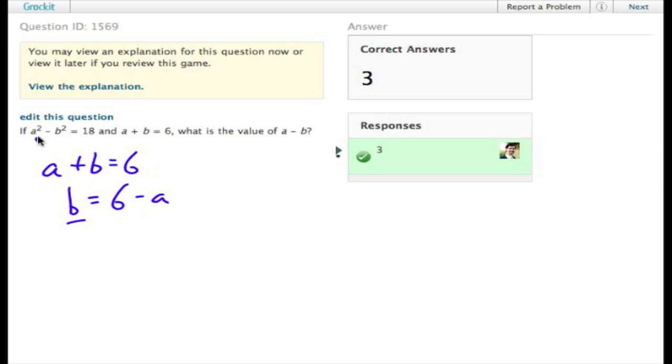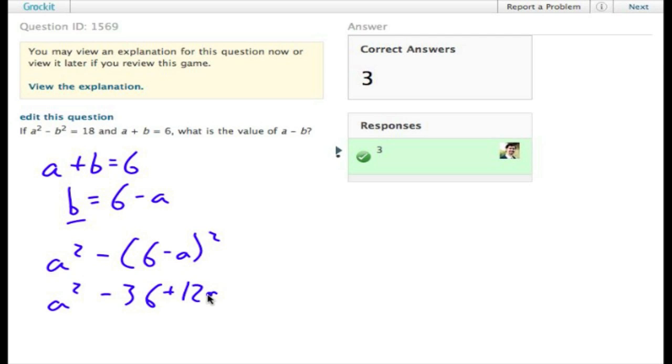Now we plug b into this value here. So we plug in 6 minus a for this value b here. So it turns into a squared minus (6 minus a) squared. Now we square this out, and that's a squared minus 36 plus 12a minus a squared. This is all equal to 18, of course. Now these two a squared terms cancel out because that's negative a squared and that's positive a squared. So it's negative 36